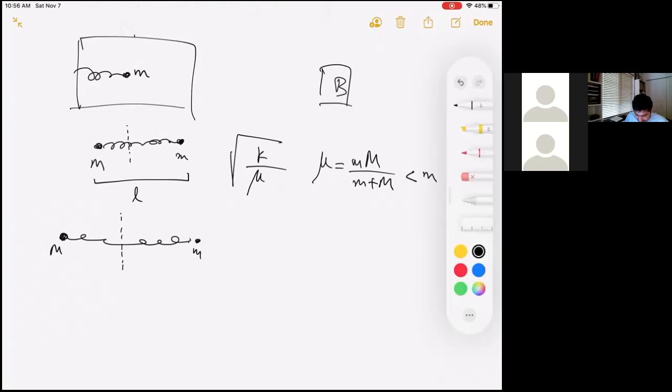So what that means is that if this guy moved out by x compared to the center of mass, then by center of mass conservation, this must have moved out by little m over M times x. This is set up such that the center of mass remains at that point. So now the overall restoring force, let's say on little m, is now k times x plus